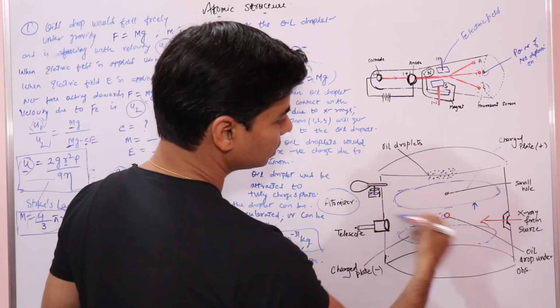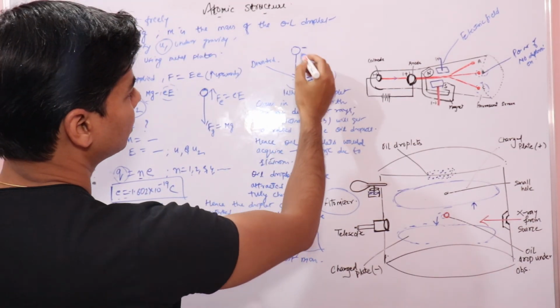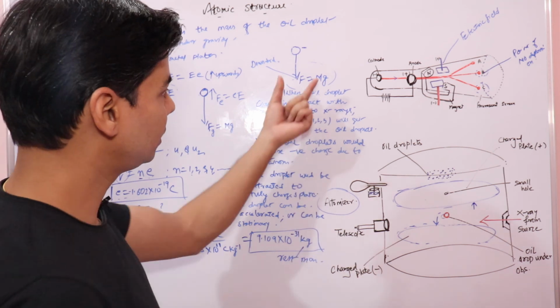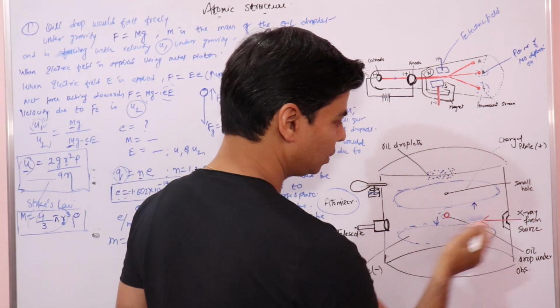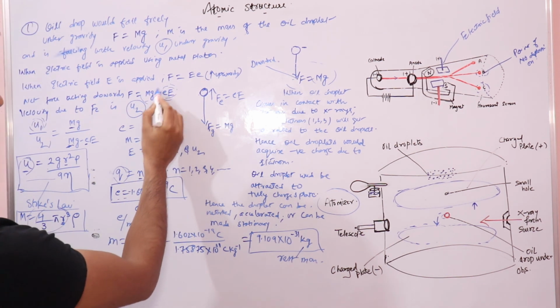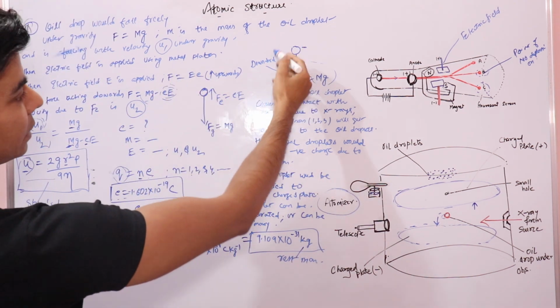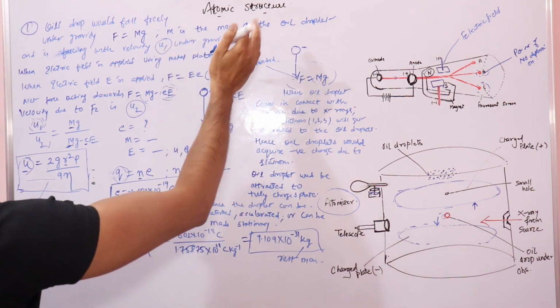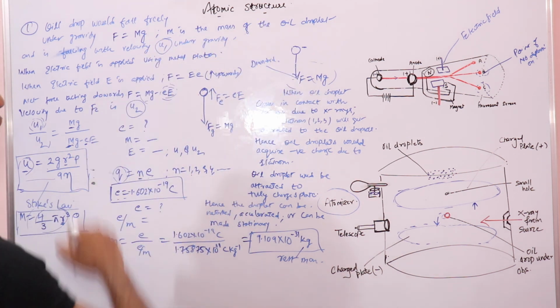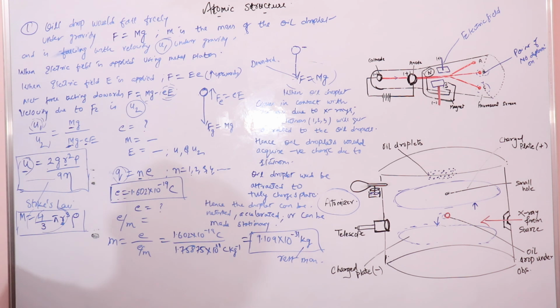It would be attracted to this positive plate. So the force on this droplet will get reduced, because an opposing force is getting applied due to this electric field. The force would be mg minus Ee, where Ee is the force due to this electric field, right? So let's suppose without electric field it's falling under gravity with a velocity u1, and in the presence of the electric field it's falling with a velocity u2, right? So u1 upon u2 is equal to mg upon mg minus Ee, right? Because